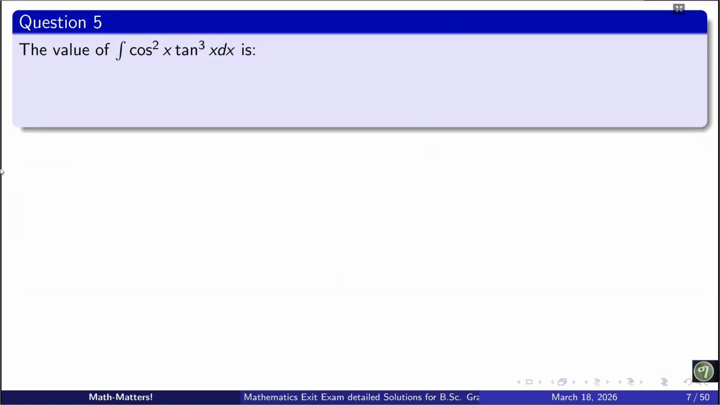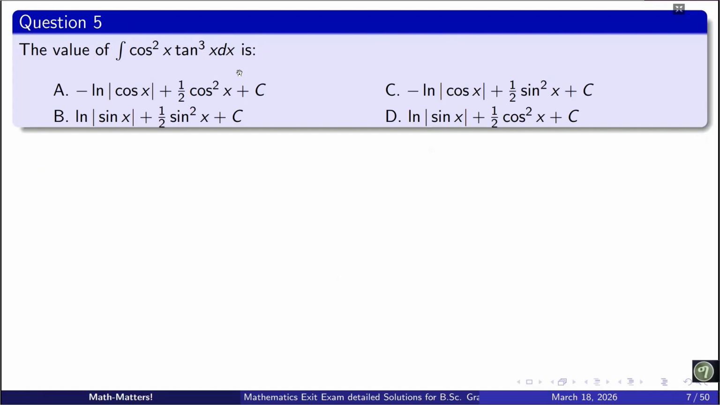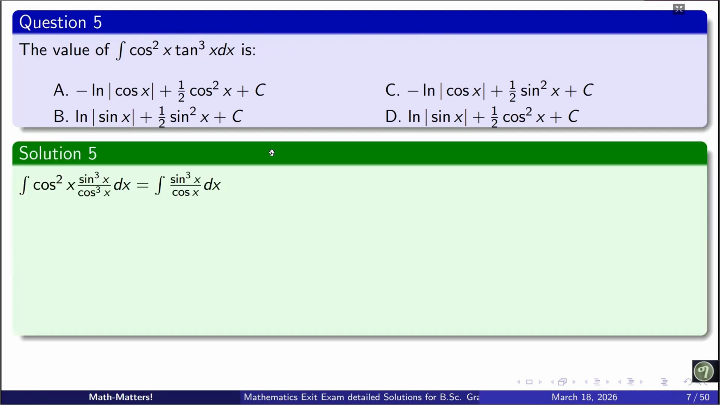Okay, the next question would be the evaluation of an integral. Find the value of the integral of cos square x times tan cubed x dx. And the alternatives are these. So when we do the solution for this one, we have the integral of cos square x times tan cubed x, because tan is the ratio of sine and cosine, so it could be sine cubed x over cos cubed x